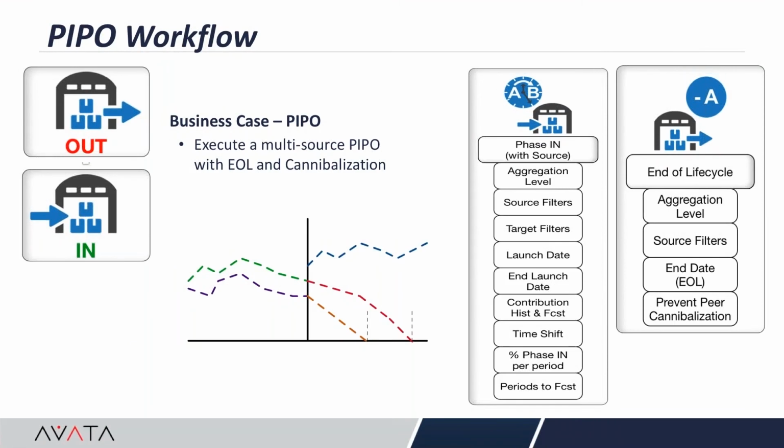So in this event, we are phasing out the source combination over time, and we are phasing in the target combinations over time. And as you've seen, a phase in with source information event and end of life, this event kind of brings them together as one event. So we'll be entering data for what was required for phase in with source and the end of life details. So let's jump onto the application again and see how this data is entered and maintained.